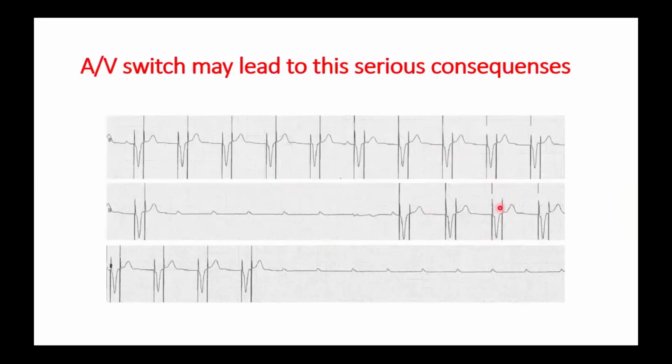And this is the typical ECG of an AV switch. What we can notice here is that it is capturing the ventricle, and along the AV time, then ventricular pacing. Actually, this is because the ventricular lead is placed in the atrial port in the header, and the atrial lead is placed in the ventricular port in the header. And as the pacing rate is higher than the sinus rate and the atrial rate,